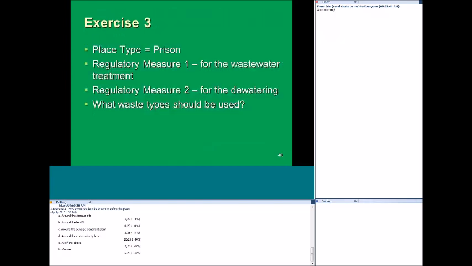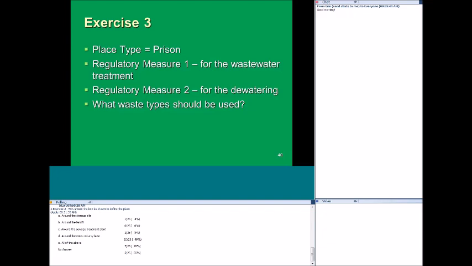So in this example, our place type equals prison, because that's the main activity of why the site exists. We have one regulatory measure for the wastewater treatment plant. We have the second regulatory measure for the dewatering permit.